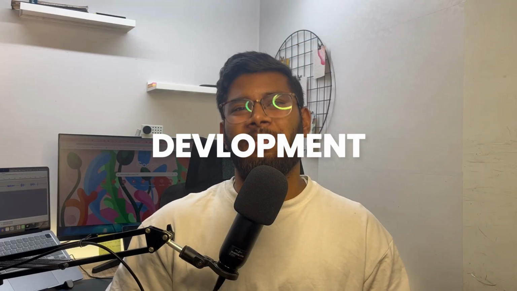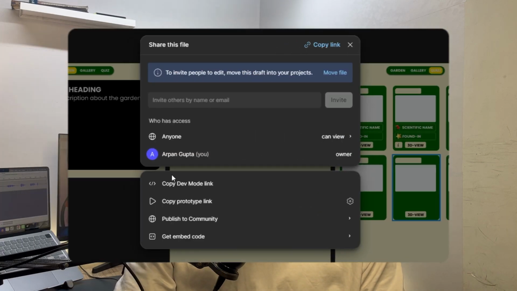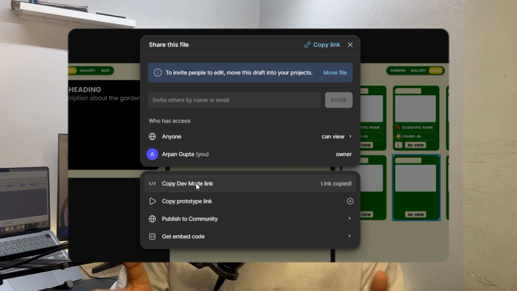Now the fun part comes, the development. Then our design team hands over the whole design to the development team. We make sure all of the designs that we make are made in dev mode, so that our developers can develop the website pixel perfect. So while handing over the design, we make sure all the assets are available on the file and developers don't